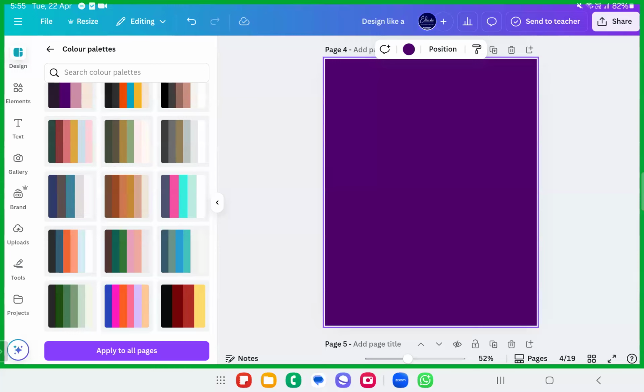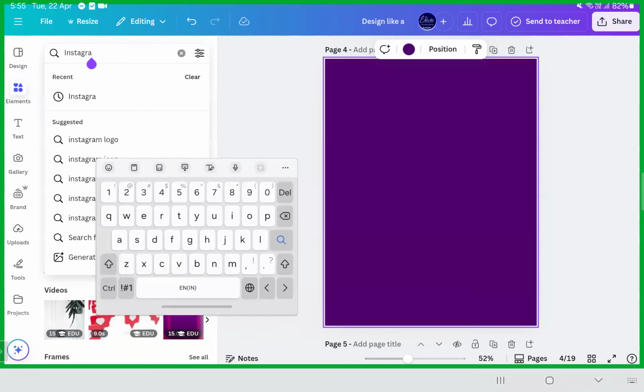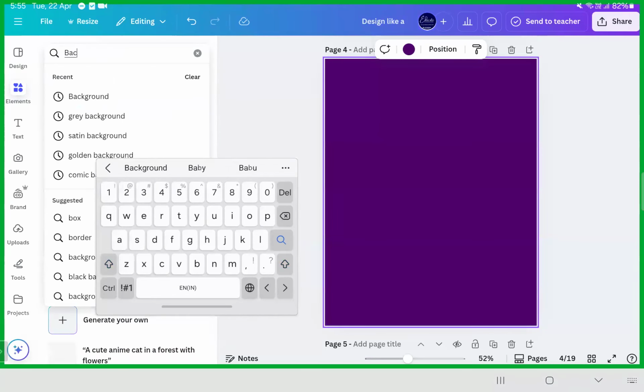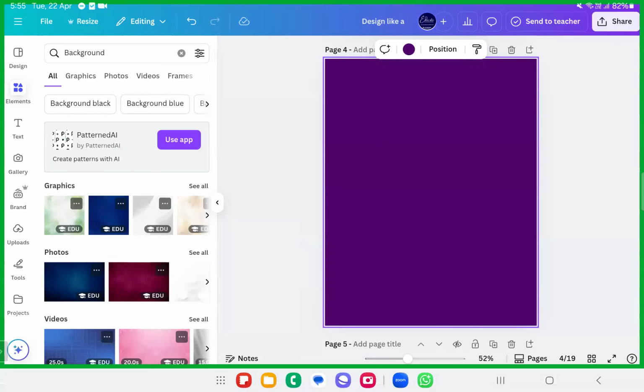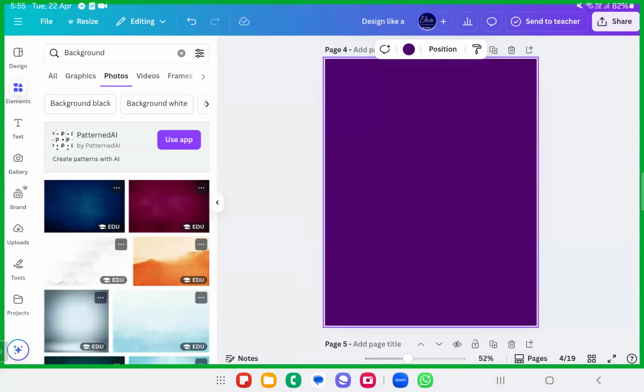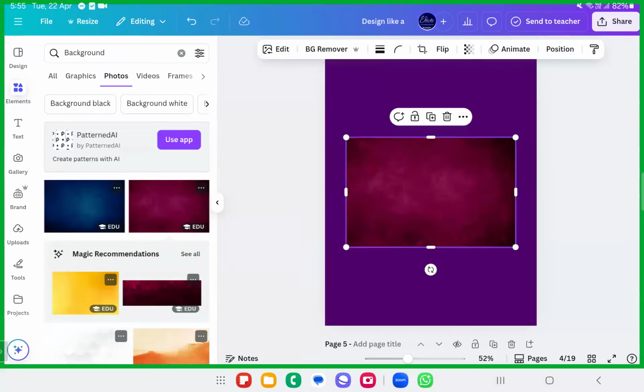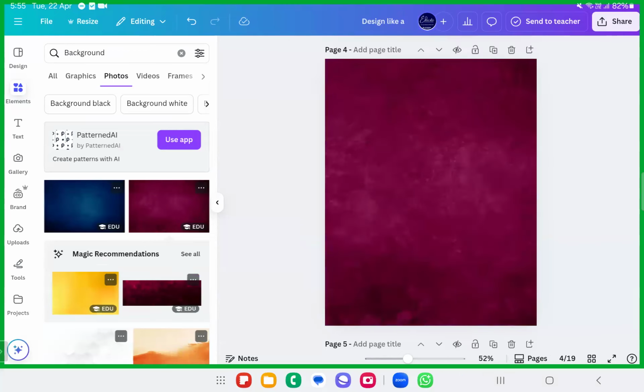One final flyer, inshallah. I just want you all to do this for yourself, for me, inshallah. We are going to do this together, okay? So I just want you all to insert a beautiful background. You can go ahead with the elements and a beautiful background. You can just type background, and then you will have the photos, you will have beautiful backgrounds. So I'll take this background, red color looks good. I'll just replace the background.